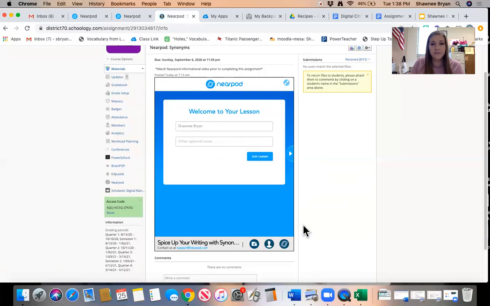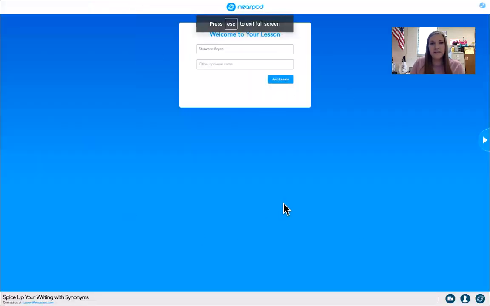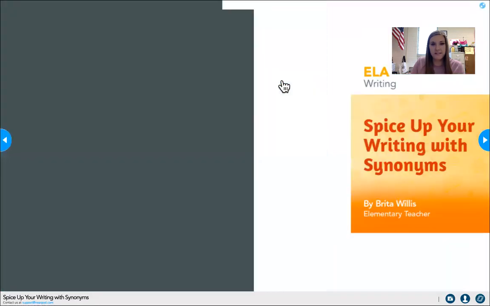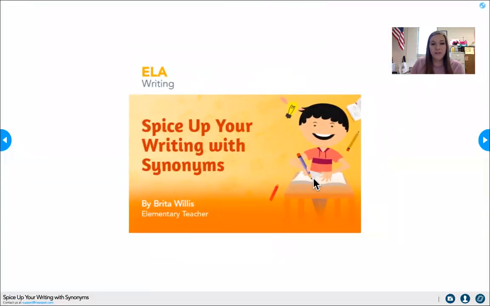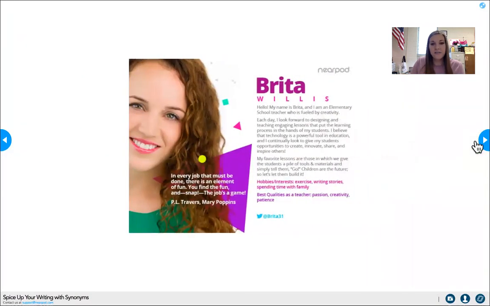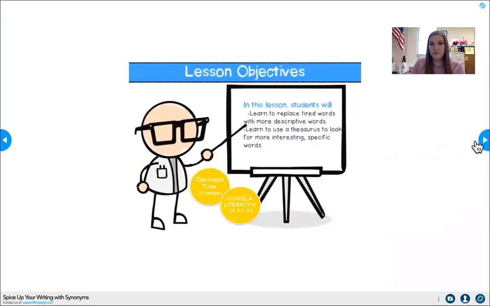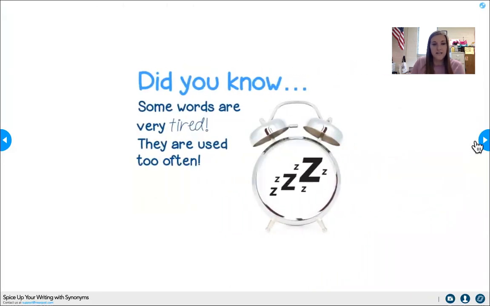Now, when you're on this screen, you have a couple of options. You can complete the lesson in the screen you see right here. Or if you would like to make the lesson a little bit bigger, you can click on this button and it will actually make the lesson go full screen. So when you are ready, you are just going to hit the Join Lesson button and it is going to open to the actual lesson that we are working with today. So as you hit those arrows, it is just going to take you through the lesson. It's going to give you the lesson objective, and it is going to give you the information that you need